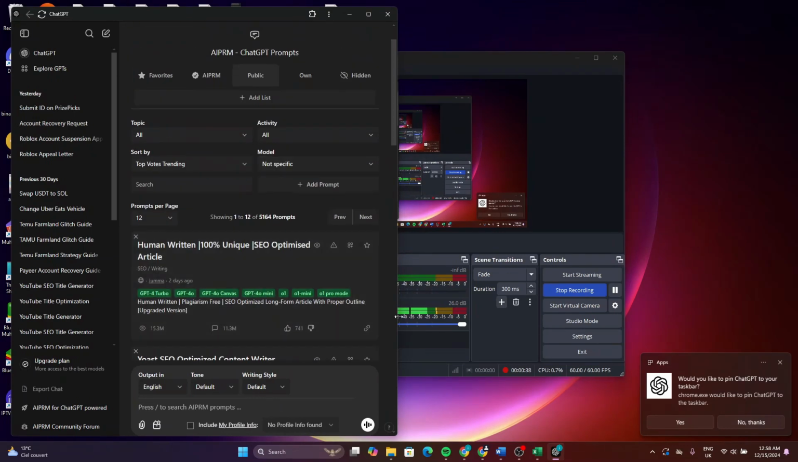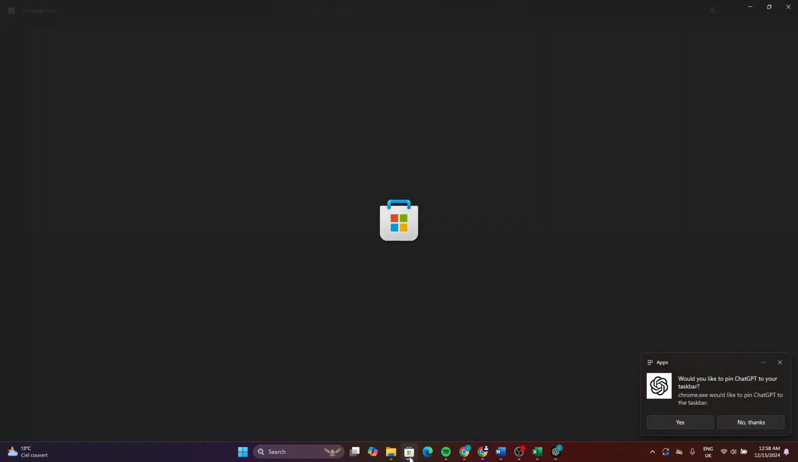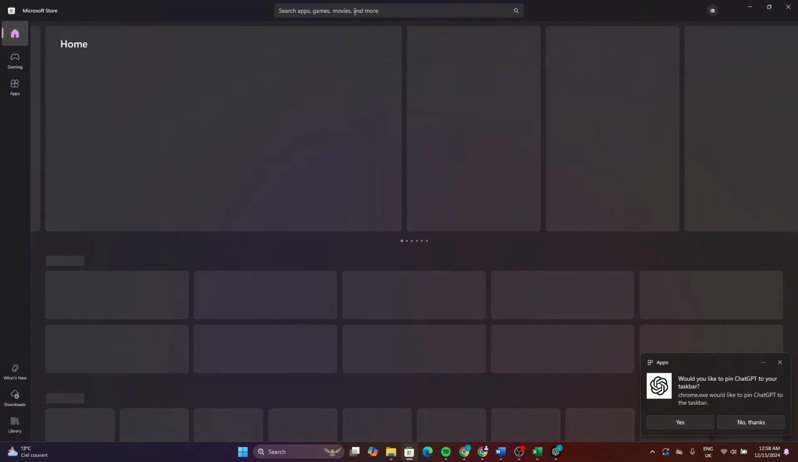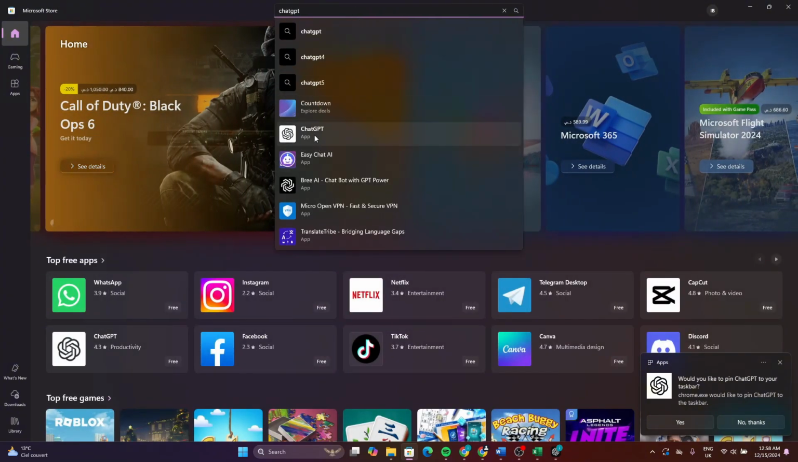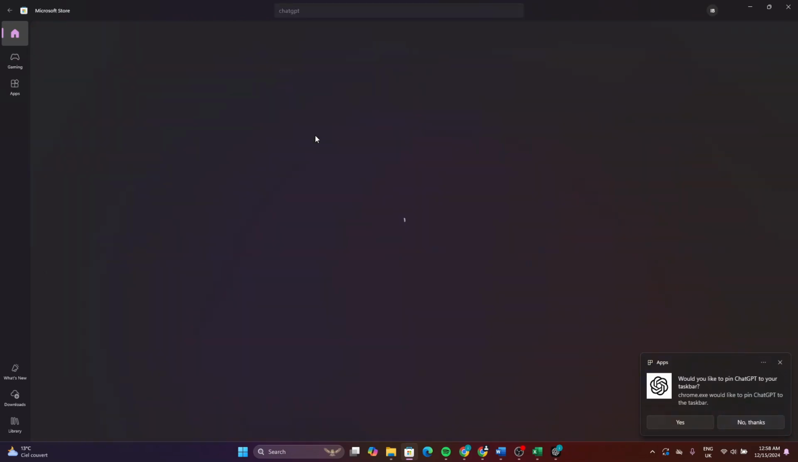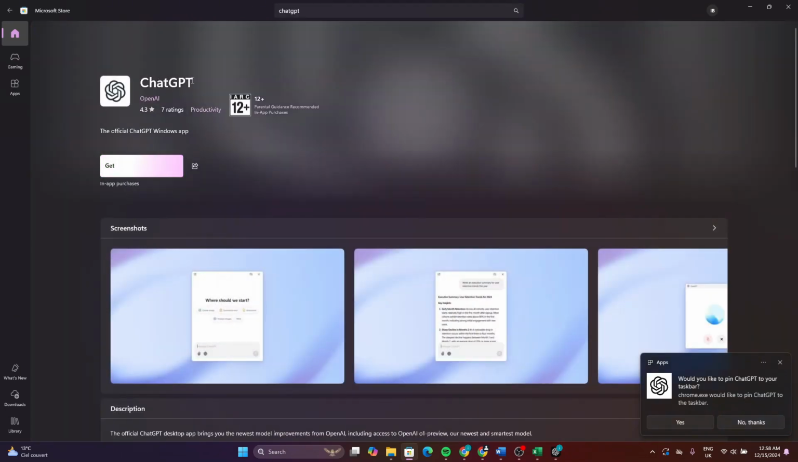Now another method is by going to this Microsoft Store and easily type here ChatGPT, and now after that make sure to click on this result. Now as you can see this is a ChatGPT official app. Now after you click on get, it will install on your desktop, and this is how to easily install ChatGPT